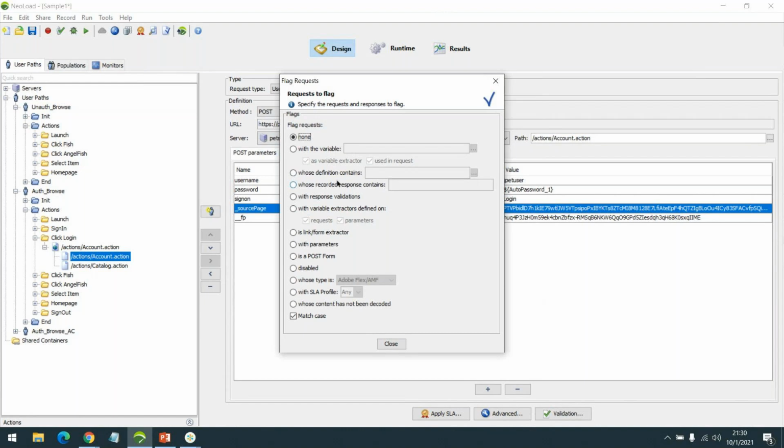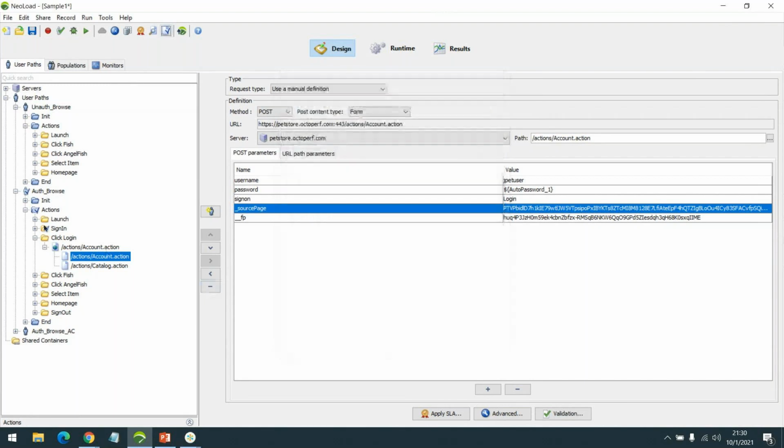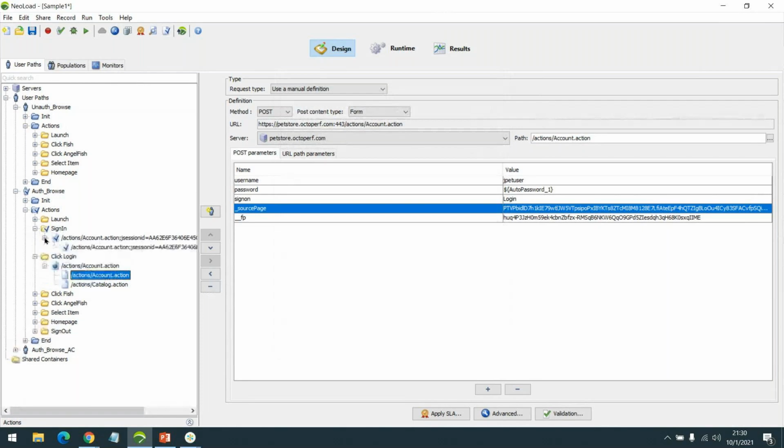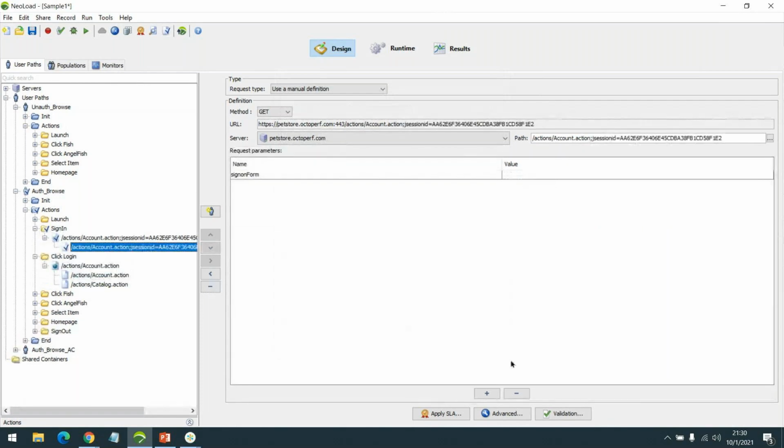I'm going to search this specific value in the recorded response. Now here what we see is in the sign in page, in this request, that specific value is appearing.